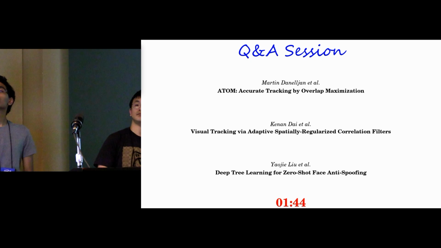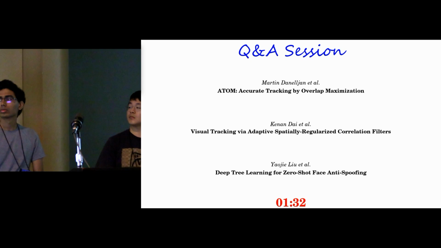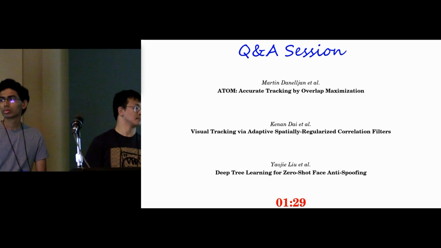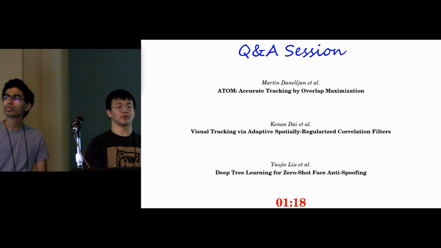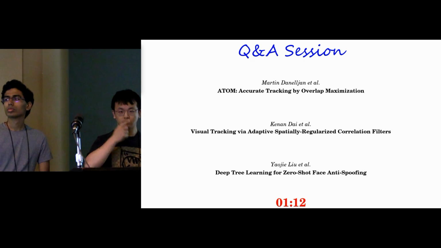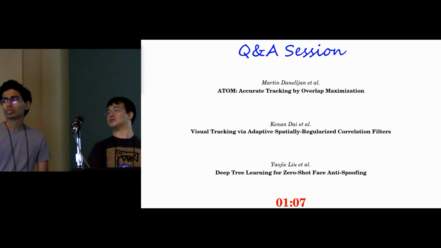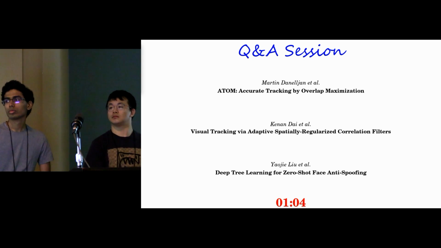Hi, I have a question for the first 2 tracking authors. Currently, in the tracking community, people use the bounding box as a localization for a target object. It works well for rigid objects like faces, cars, and buses. But you show examples, for example, the figure, of articulated and highly deformable objects, and I think that bounding box localization may not be that accurate to localize an object. Can you share your comments on how the method could be extended to more precise localizations?